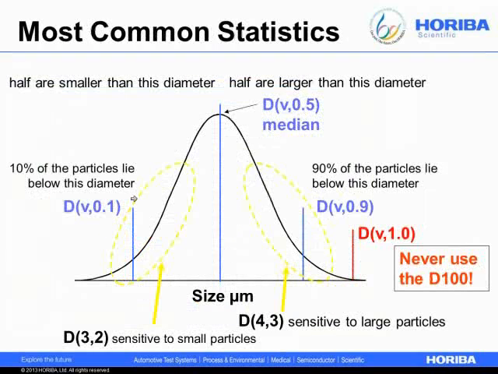So I discussed the D10 and D50 and D90 earlier, and you should know too that it can be extended all the way out to the D100 and the D99. We typically don't like to recommend monitoring the D99 or the D95 simply because there are relatively few particles on the extreme edges of the distribution, and what that means is unless you have excellent dispersion and sampling of your material,